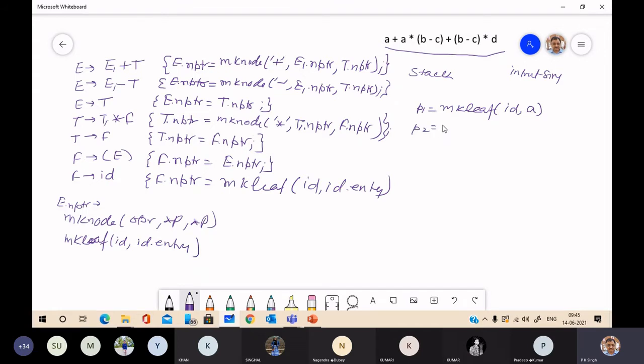P2 is again ID A. After that, because we have asterisk, it will shift asterisk, then shift the opening bracket, then it will shift B and B will be reduced. So P3 is make leaf ID B.